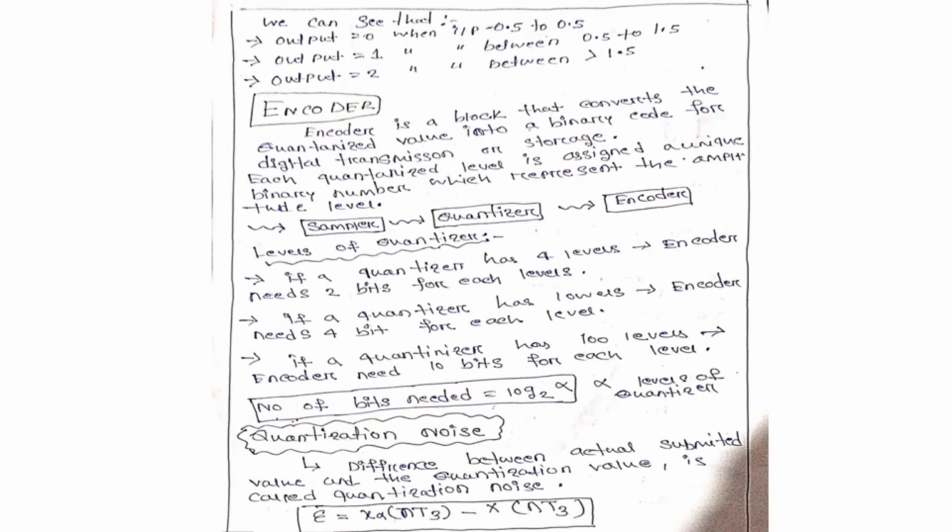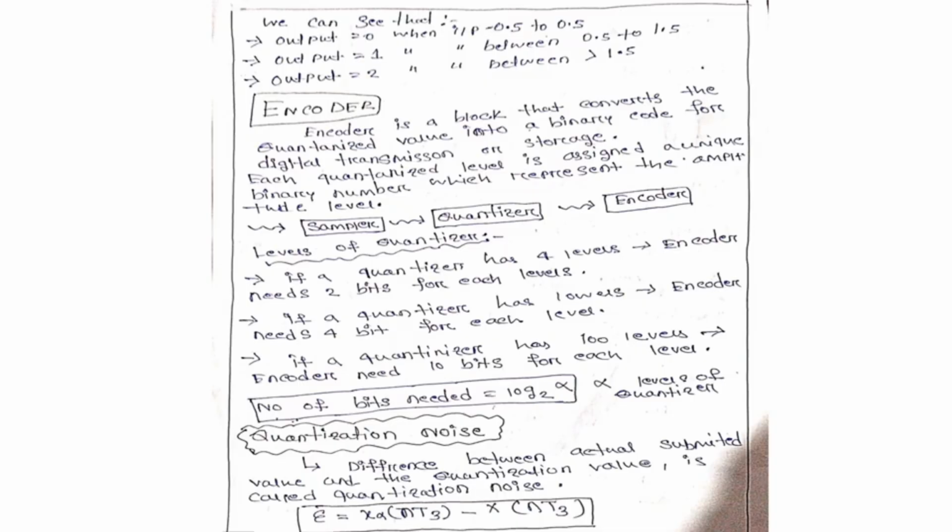Transfer characteristic, Y versus X. We can see that the output is 0 when the input is between minus 0.5 and plus 0.5, and the output is 1 when the input is between 0.5 and 1.5. The output is 2 when the input is greater than 1.5. Encoder. The encoder is a block that converts the quantized value into binary code for digital transmission